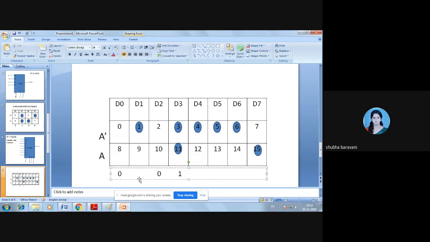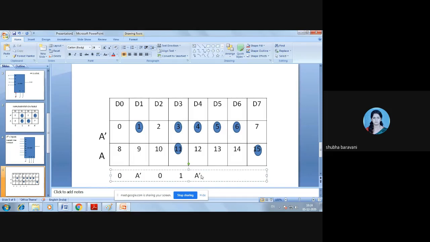Now, if the first row is circled, what will I write? If the first row is circled, I have to write A bar. Here also the first row is circled. In 4 and 12, the first row is circled, so again I'll write A bar here.